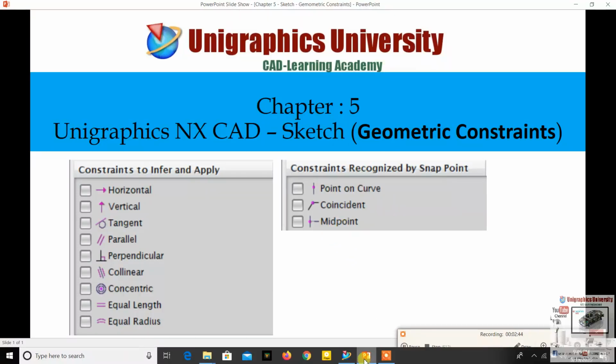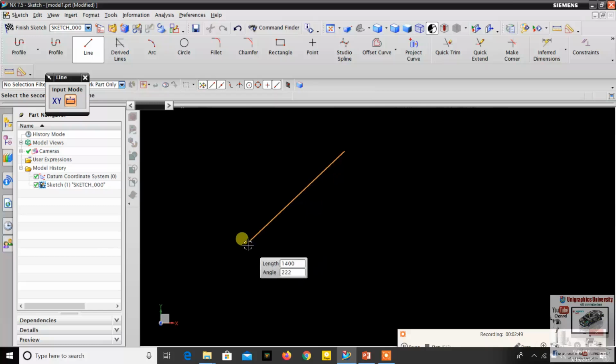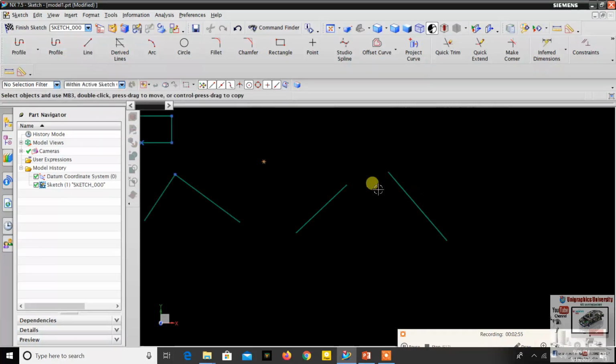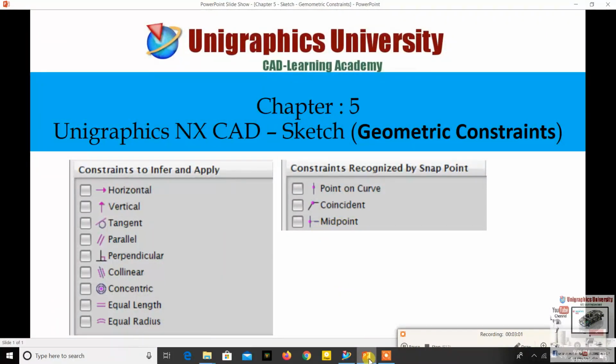The next one, midpoint. Here I make one circle and one line, and here I'll make one more line. Okay. If I want to move this line to this line's center, I can use the midpoint constraint.